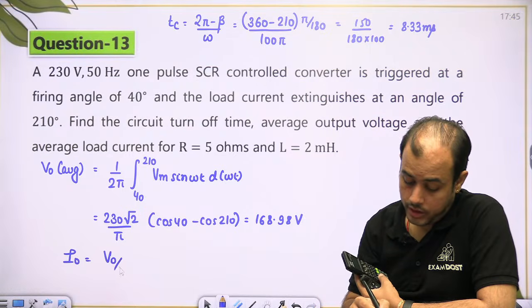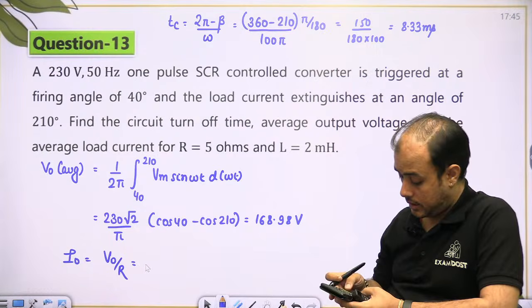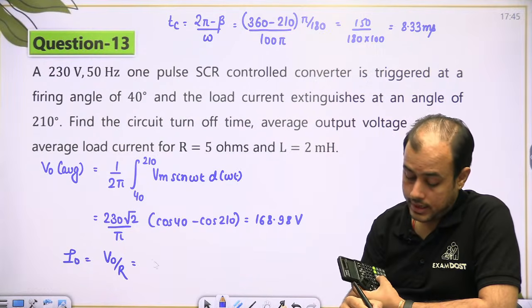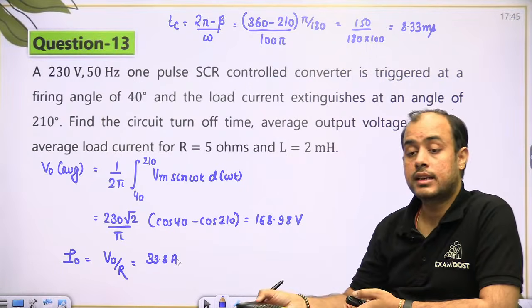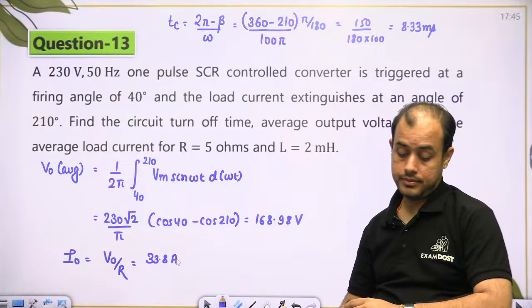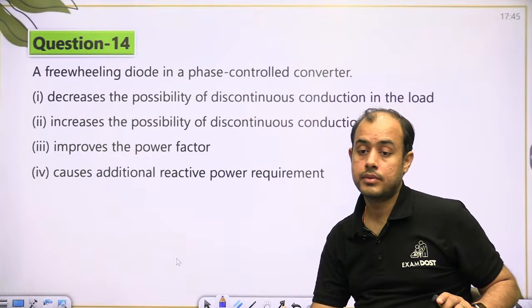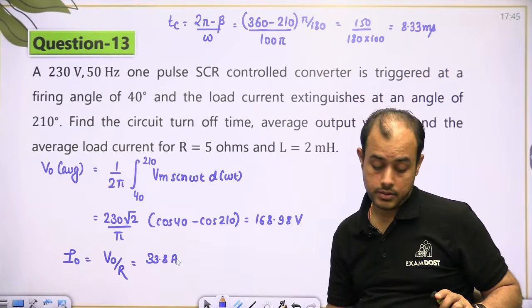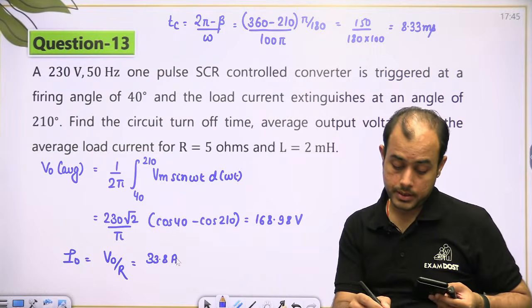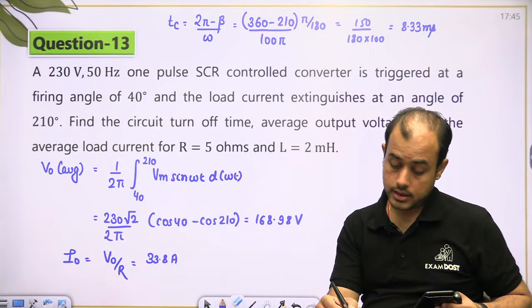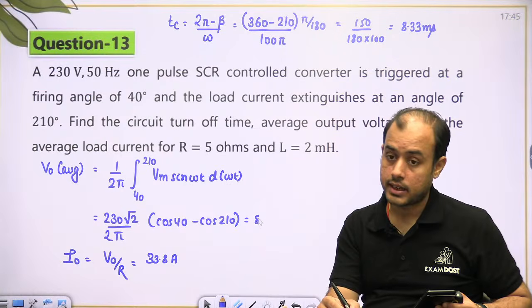I naught will be V naught by R because inductor does not play any role in the average value. इंडक्टर का एवरेज में कोई रोल ही नहीं है, ठीक है। एवरेज मेरा गड़बड़ आ रहा है, अरे यार मैंने पाई की जगह पाई ले ली, आ रहा है 84.49 आ रहा होगा।